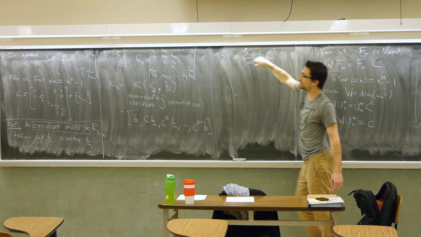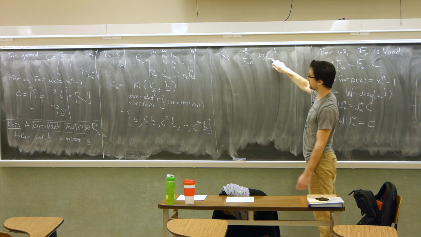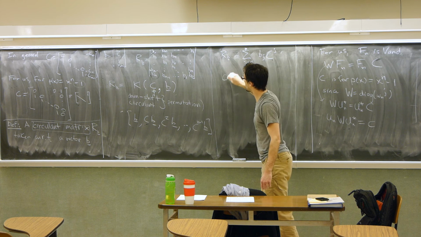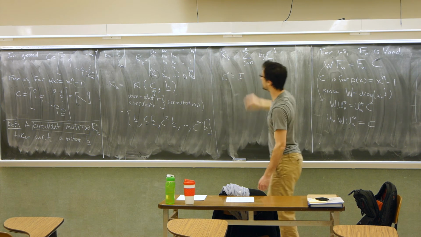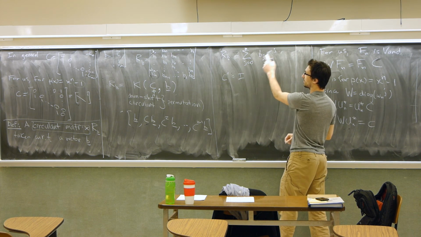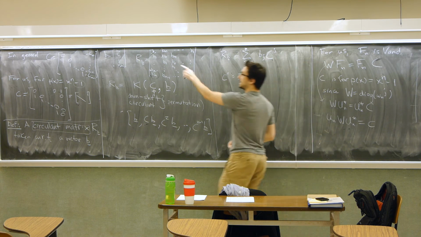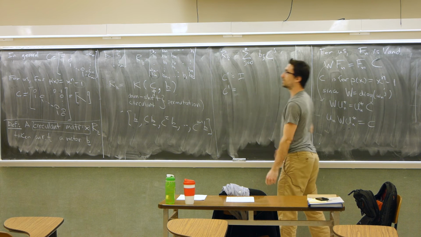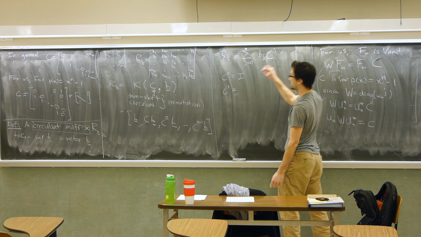So here are our coefficients, and then here are powers of the circulant matrix. The reason this works out is because C^0 is the identity. When you multiply C^0 by B0, you get B0 on the main diagonal. Cool. When j is equal to 1, you have the circulant matrix times